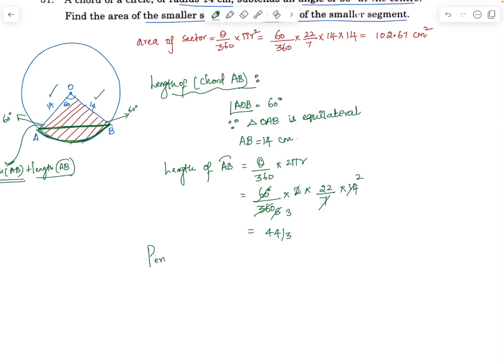So the perimeter of the smaller segment is AB plus arc AB, which is 14 plus 44 upon 3. On taking the LCM, it becomes 86 upon 3, that is